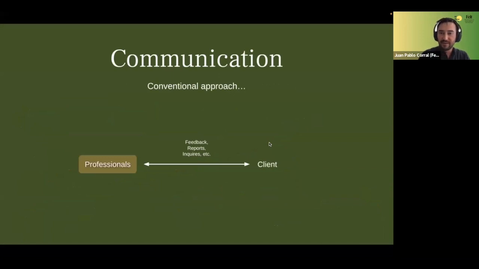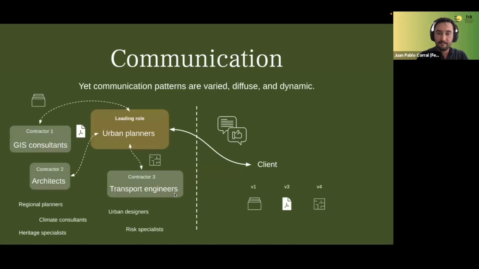And the third point is about communication. We have this conventional approach for our projects where you have professionals, let's say an architect or urban designer, who have a client. And between them, you have some communication patterns that are used for feedback, for sending reports, inquiries, and more. And basically, what happens in reality, and that makes some communication patterns quite inefficient, is that our communication patterns are